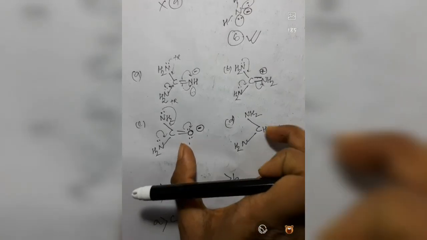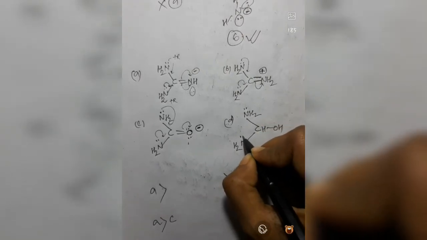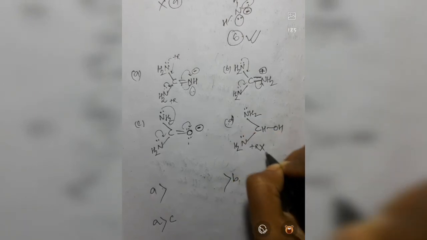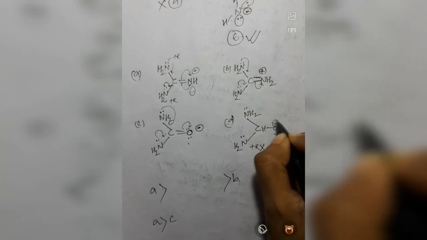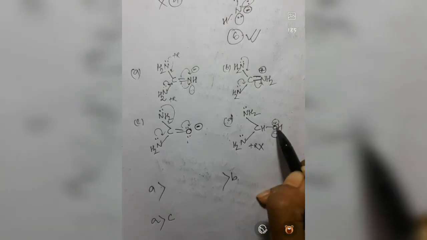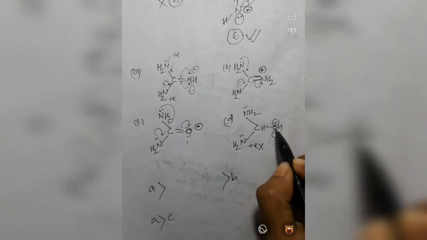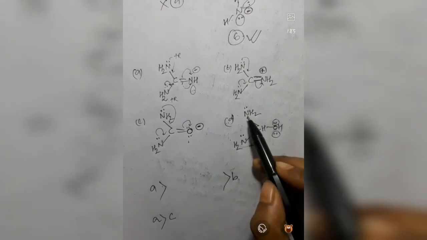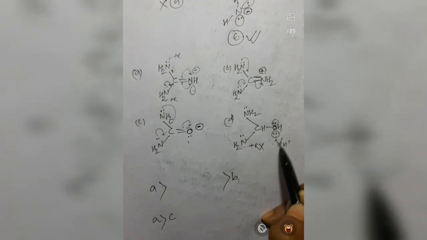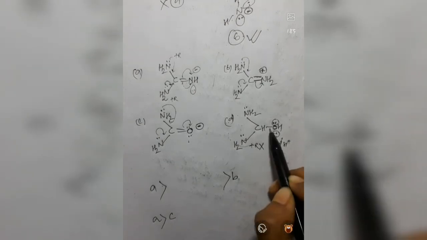Now you have to compare C and D. In C and D, you will find that the lone pairs on the nitrogen are not delocalized. It cannot show any plus R effect. There is no plus R effect here, and on oxygen also the lone pairs are as they are. Now we have also studied that in the same molecule, when the atoms are neutral, oxygen has higher electronegativity. Looking at the electronegativity of nitrogen and oxygen, the more electronegative oxygen is not willing to donate its lone pair of electrons for protonation. It is not available. So nitrogen is more basic than oxygen here.